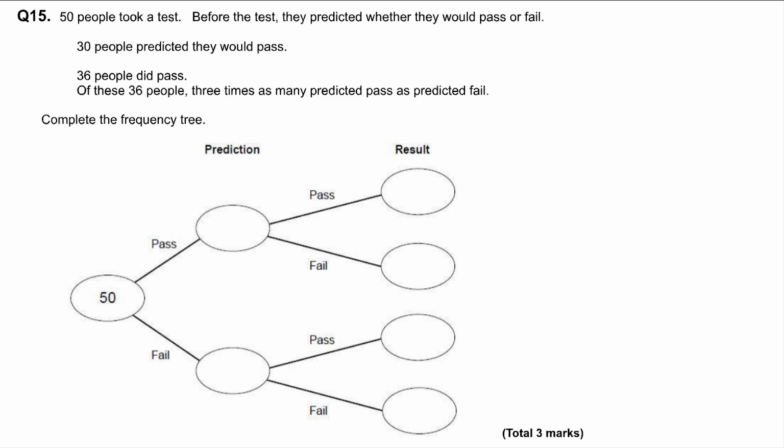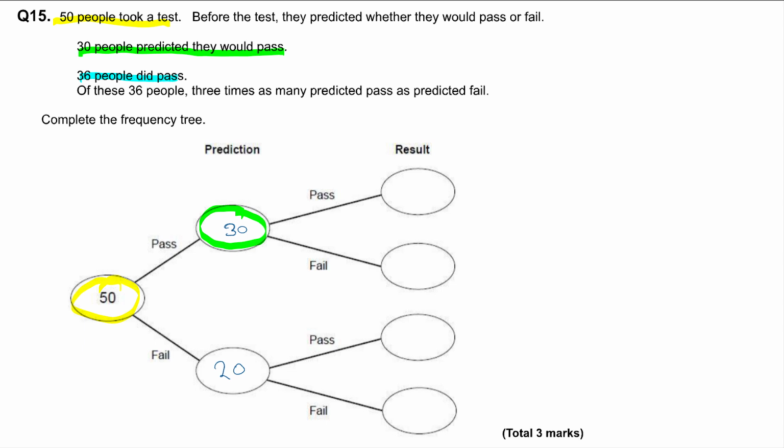So I've got 50 people all together, and you can see that here at the circle at the top. Now, we then predict that 30 people predicted they would pass. So prediction pass is here. So I'm going to write those 30 people in here. So if 30 people thought they would pass and there were 50 altogether, there must be 20 on the other branch down there. So 30 plus 20 is 50. Okay? Now,